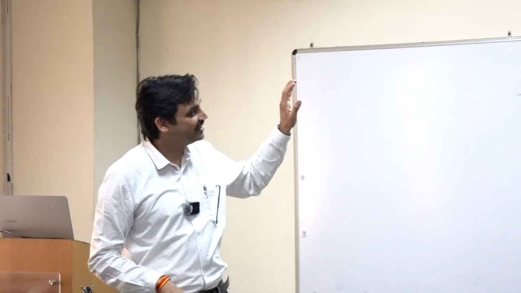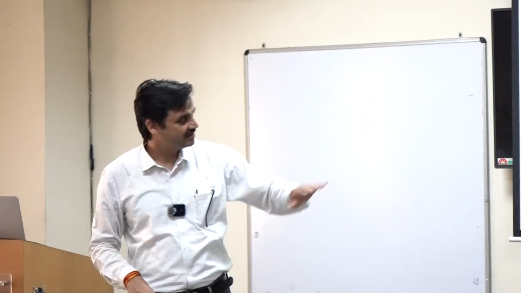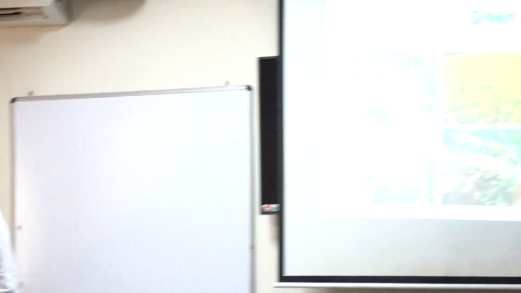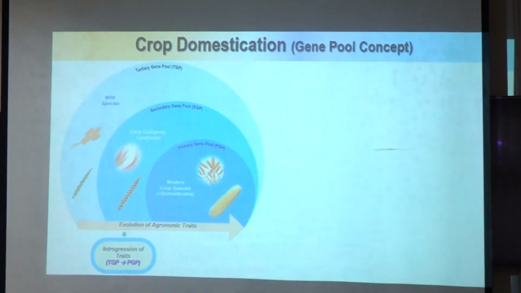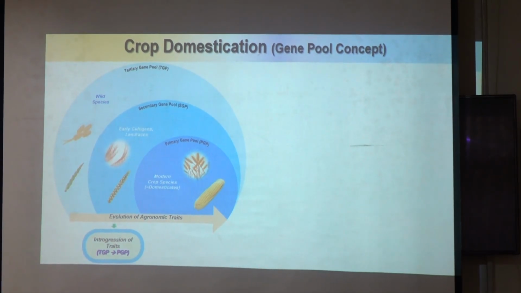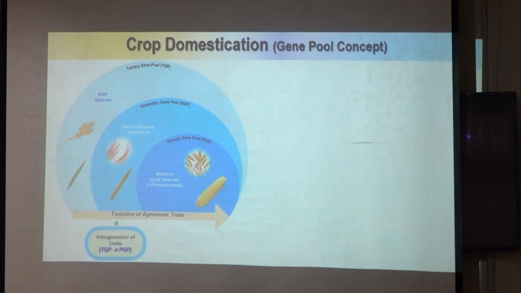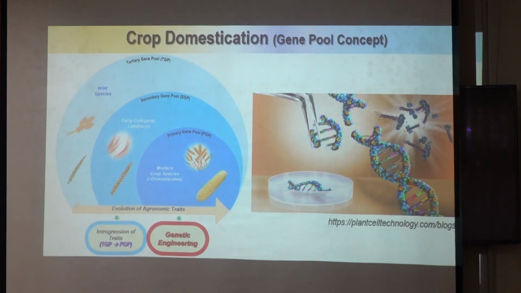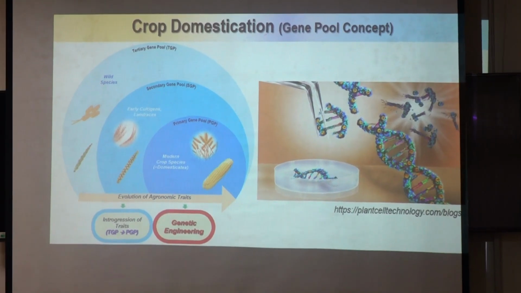The answer is yes, we need a green revolution in any of the crops, right from cereals, millets, mustard, wheat, rice, cotton, everything. You name it, and you need more production. So I come back to this: if yes, then we already talked about the introgression scheme. The picture remains the same. Another aspect that I'm adding here is genetic engineering.